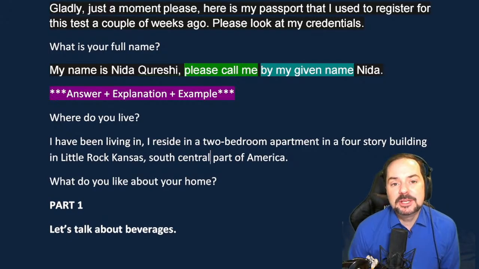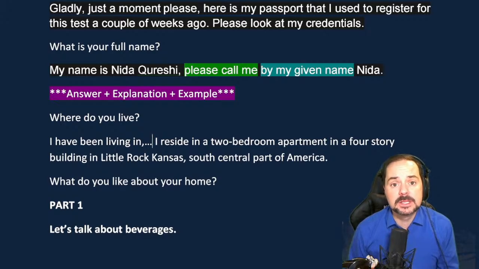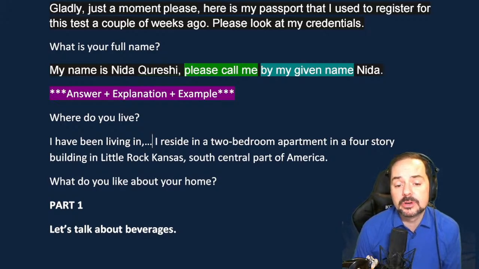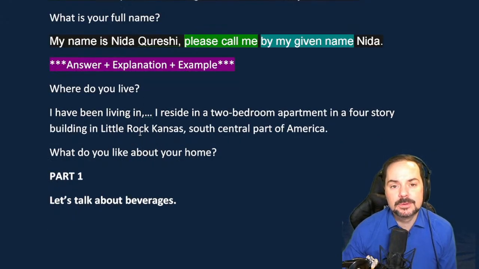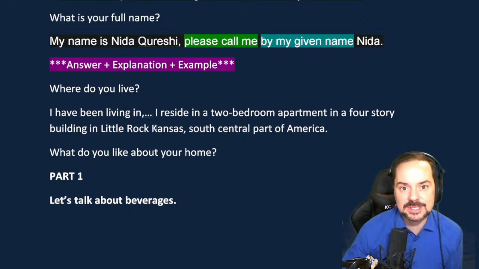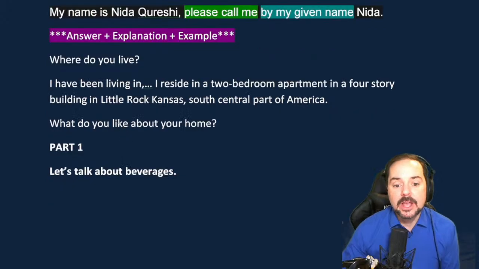Now, you want to be calm, of course, Rashika, so that will come with practice, and that's why it's good that you're doing this, because your start, the I have been living in, is a nice start because that's present perfect progressive. And using present perfect progressive, of course, is good grammar. So you want to try to finish with the sentence that you start with, okay? Okay, sir.